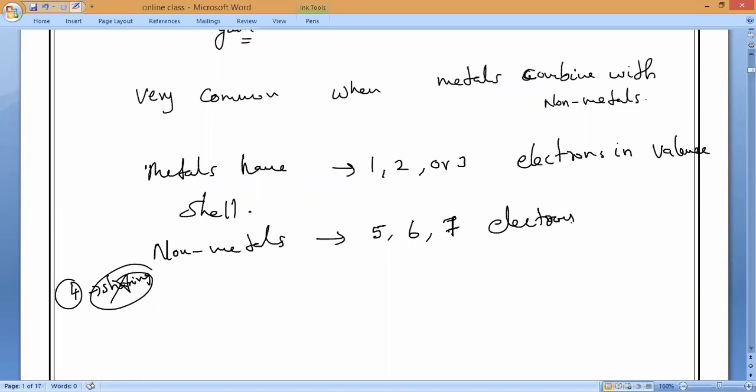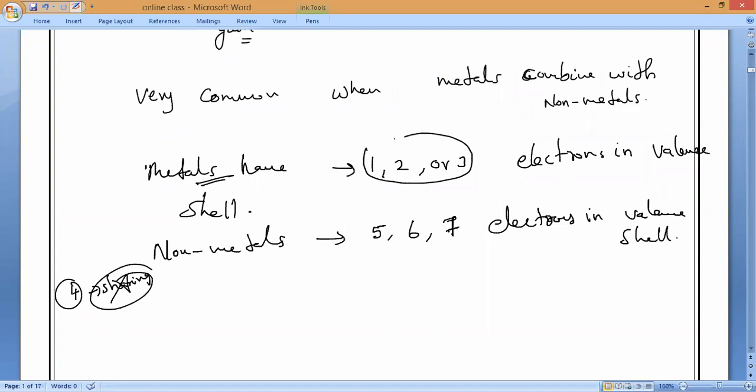Is it yes or no? Electrons in the valence shell. So based upon this, what is the valency? Can anybody tell me? What is the valency of metals and what is the valency of non-metals? So if you notice, metals want to become stable, so they will lose